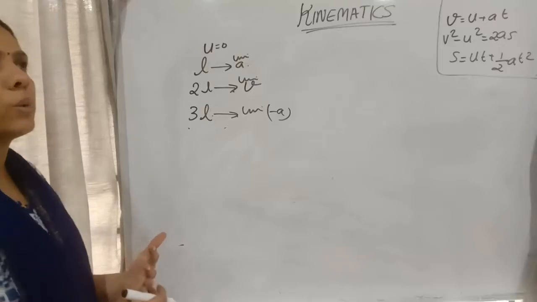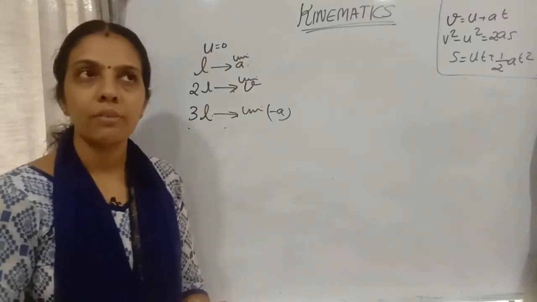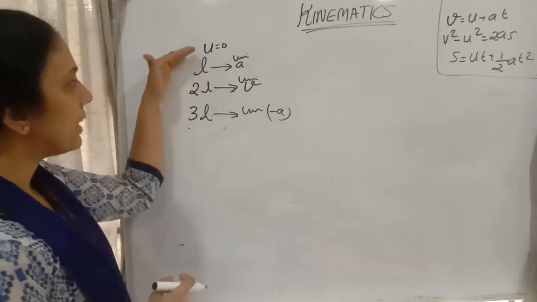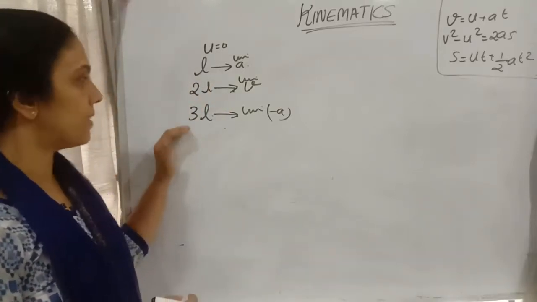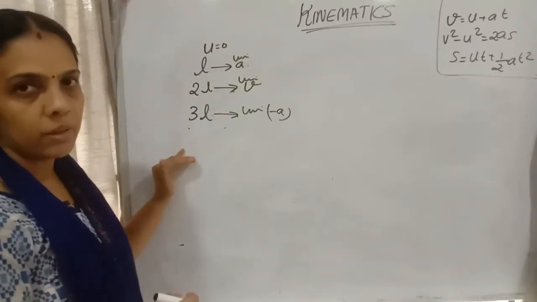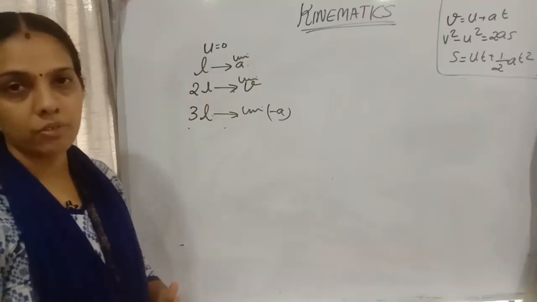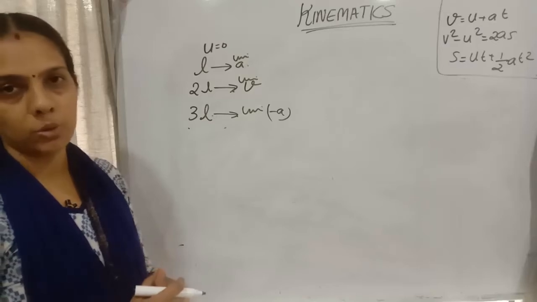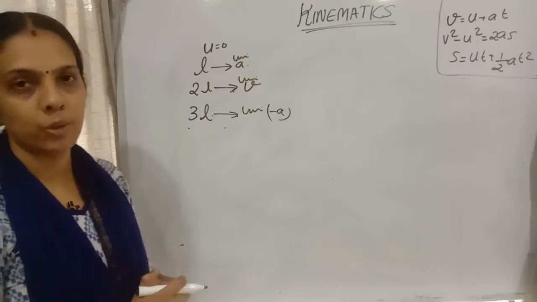How can we find the average speed? Total distance travelled divided by total time. So in this motion, what is the total distance? The distance is given. What is the time required for that? That we can find out. Then the maximum speed also. What will be the maximum speed it would have attained?